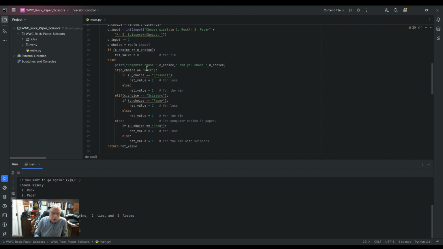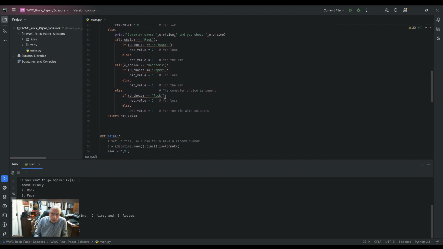Otherwise, then I go on through computer choice, see if it's rock. Then if it's scissors for the user or paper for the user, then it's either a win or a loss, or excuse me, a loss if it's scissors, a win if it's paper. Likewise, if the computer chose scissors, paper, user loses, rock, paper, user wins, and likewise rock, then